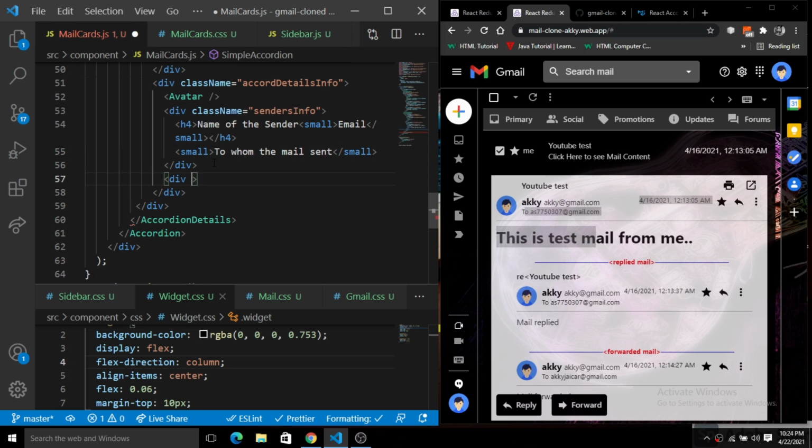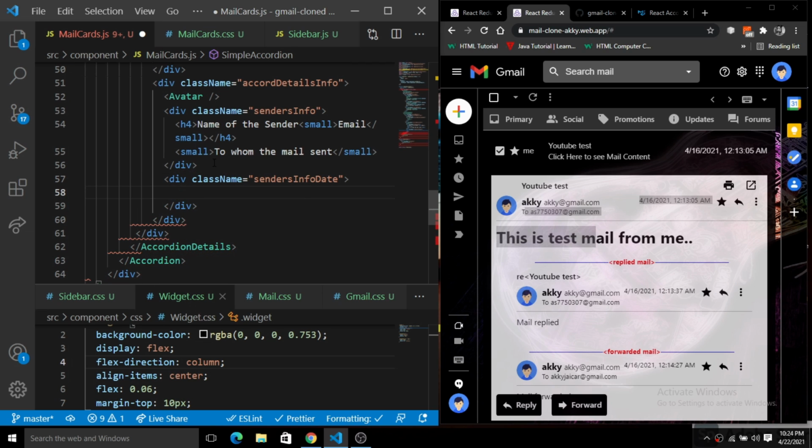So let's create a div, just put a class name. So basically we will simply give the senders info date, right? So senders info date. Let's close this div, and inside of this div we have a sender info. So simply create another div, put the class name, and inside of this class name we'll just put the senders info date option.